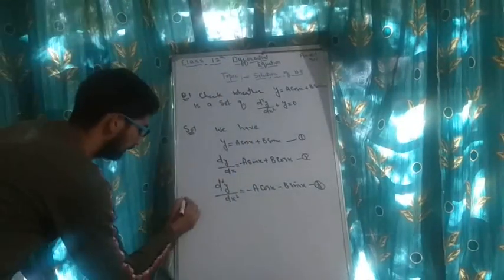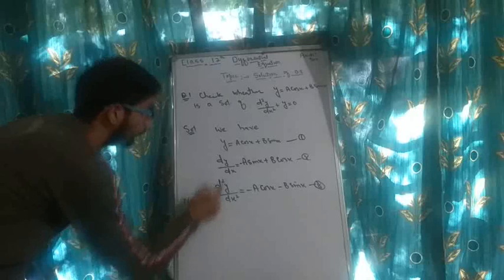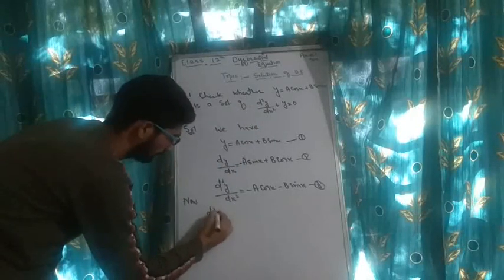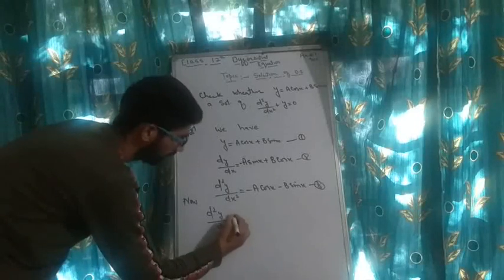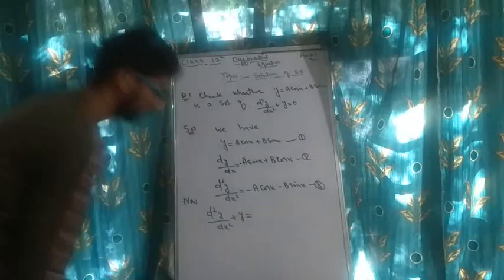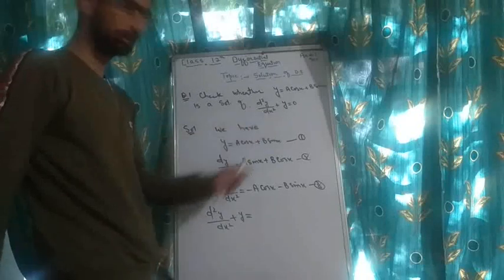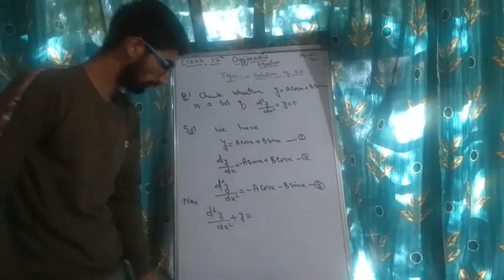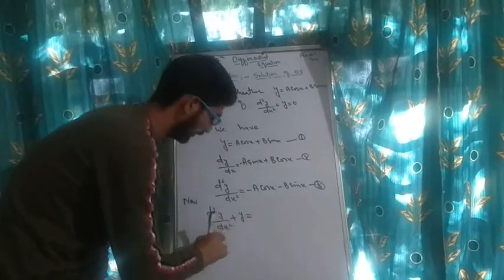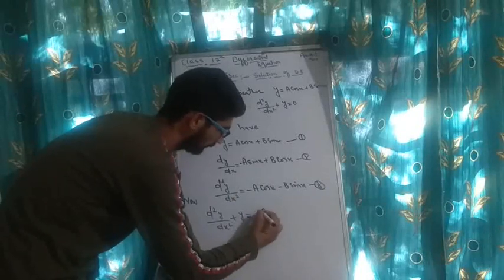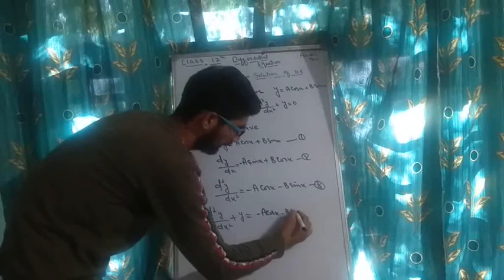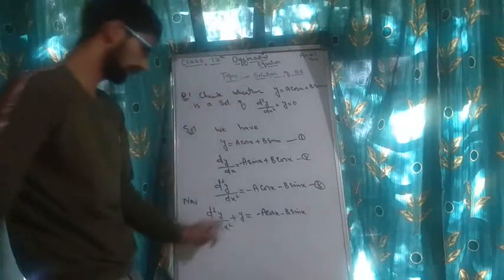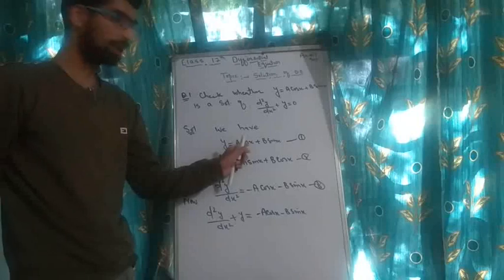Now d square y divided by dx square plus y equals to, we will check whether this is equal to 0 or not, but we will substitute this value. So we have d square y divided by dx square, we have that minus a cos x minus b sine x. Then we have plus y. What is y? a cos x plus b sine x